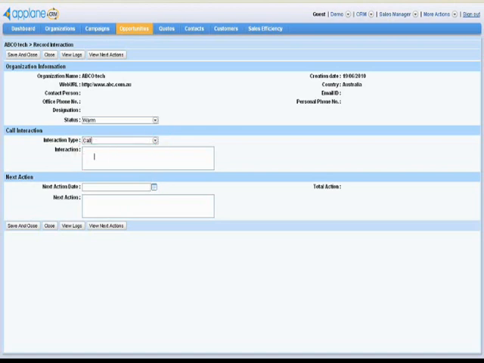Follow a similar pattern by filling in the details in the call interaction field, the interaction type, the type of interaction you have had, give it a follow-up date, and corresponding to it a follow-up action, and then save and close.